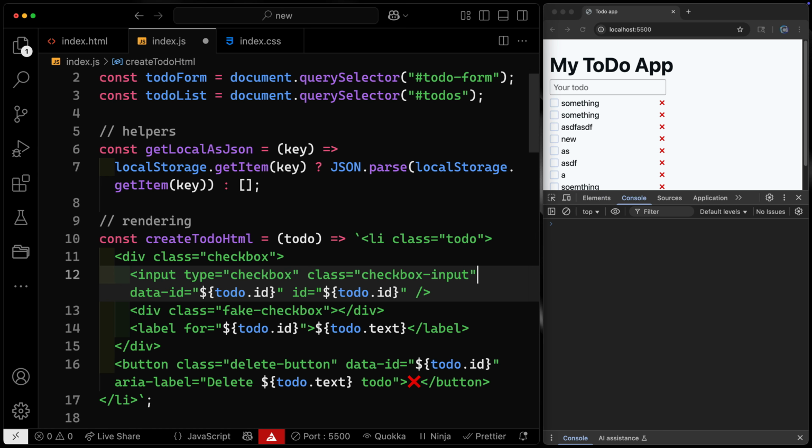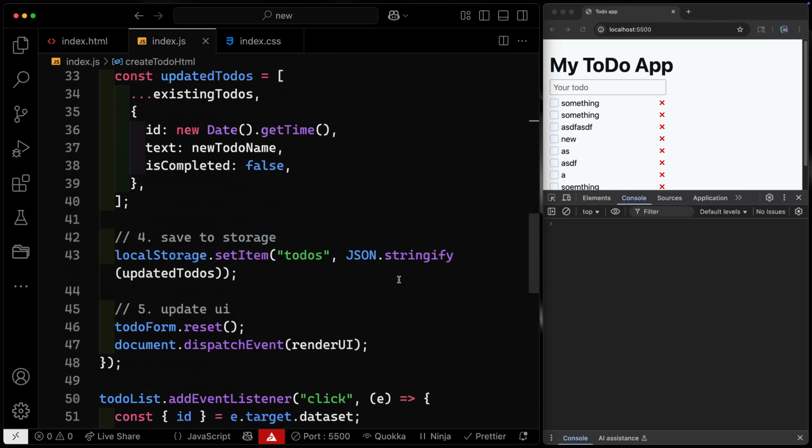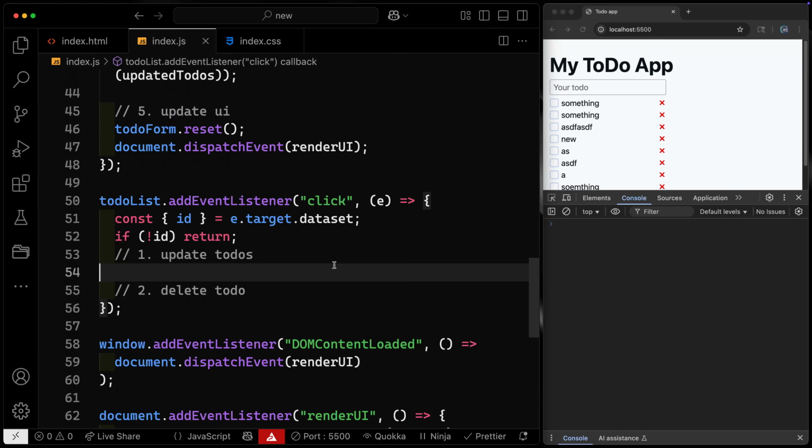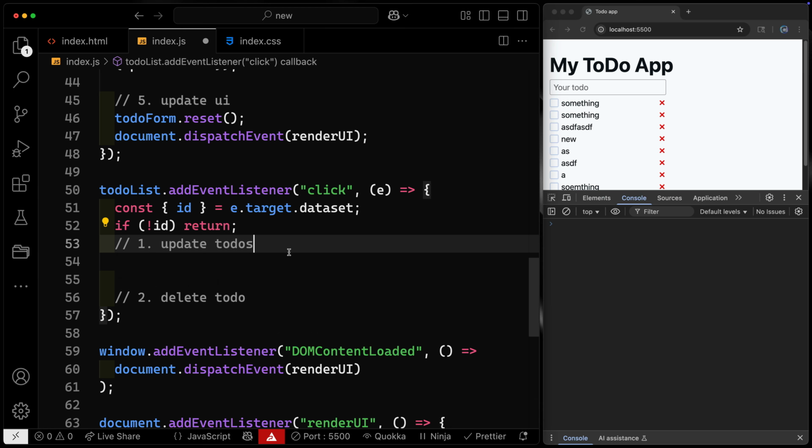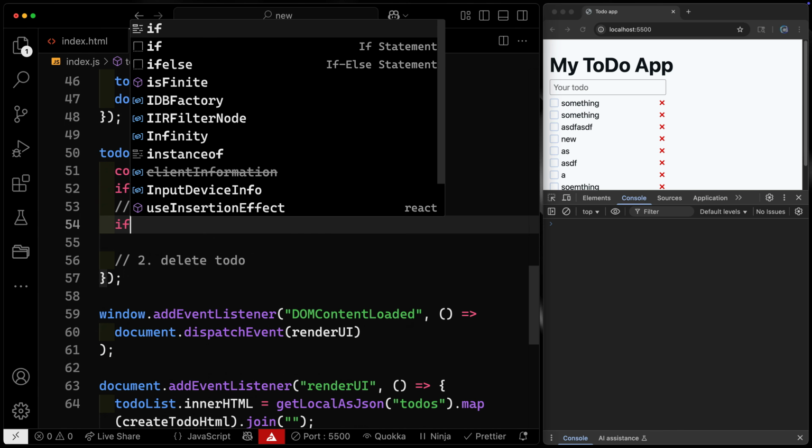Now you could also add a data-type or something like that, and say if it has an ID, then check the type. And that's also a possibility if you want to do it that way. Again, JavaScript gives you lots of flexibility, and you can kind of do what you want. And the patterns are really up to you and kind of what ends up being industry standards. This is what I would probably do in this instance. And I'm just going to pick off that individual class. So I'll just say if